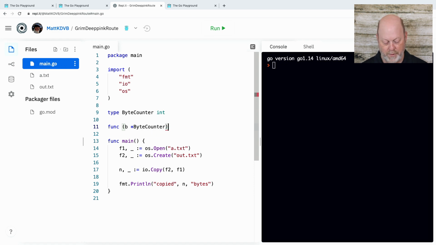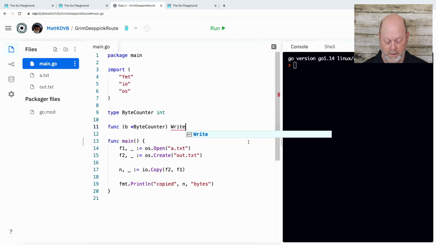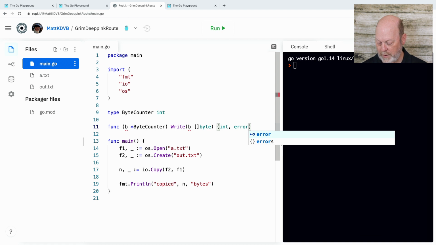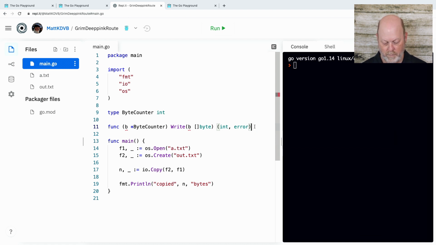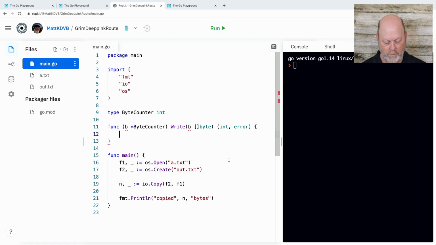And I'm going to create a method, Write. I may need to collapse this a little bit. All right, and my Write method needs to take some sort of byte buffer, and it returns an integer and an error. Okay. And I'm not going to put anything in here right now,